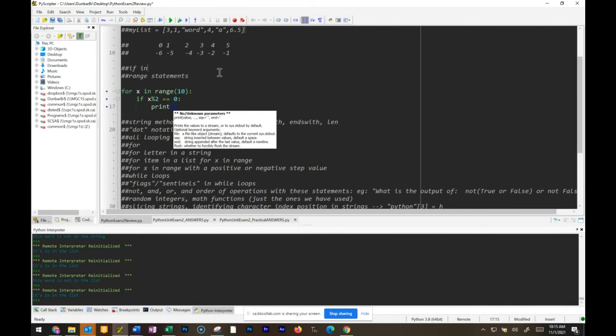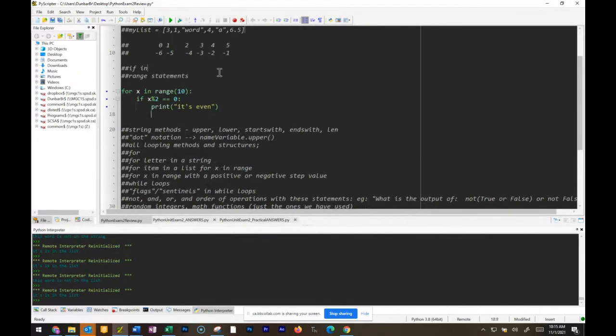So if that's the case, I can print it's even, and then I can also print whatever I want. You can have as many things running in here as you want at the same time. Just keep in mind, it's going to do it every single time it does the loop, because that's the whole point of a loop. It's going to repeat the process. So I could just print x here as well. In fact, I might even put it above that other print line just to show